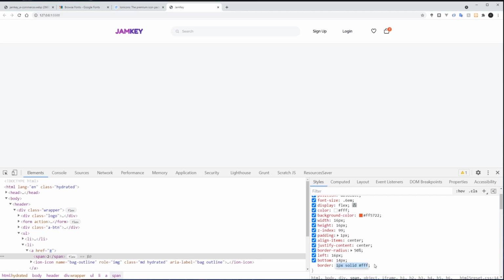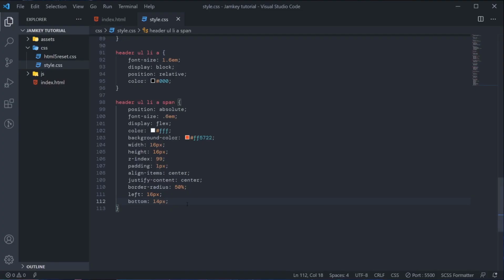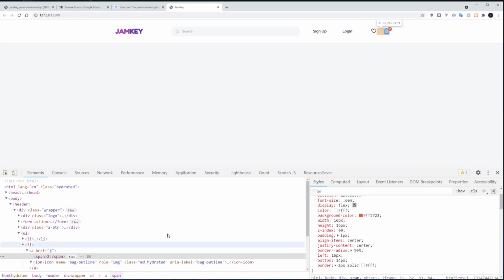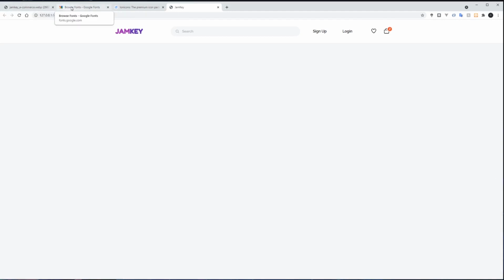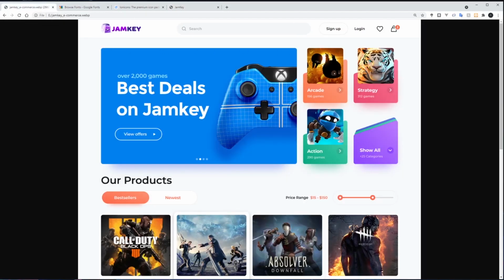Okay. 1 pixel, or I'm going to increase it first. Okay, 2 pixel. So I'm just going to copy and paste it into the style sheet. All right. So now we are done with this header. So the next one we will enter now. We'll enter this section now.